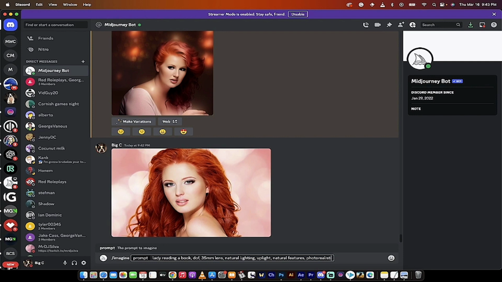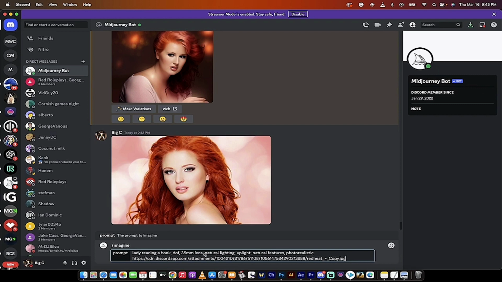That's my prompt, okay? Now, before I hit enter, the next step is I'm going to hit the space bar, and then I'm going to go Command V or Control V. So we're copying in that link from earlier. So you'll see here that we've got the description, so we've got the prompt, and then we've hit spacebar, we've got the image. Now I'm going to hit spacebar again, and I'm going to go